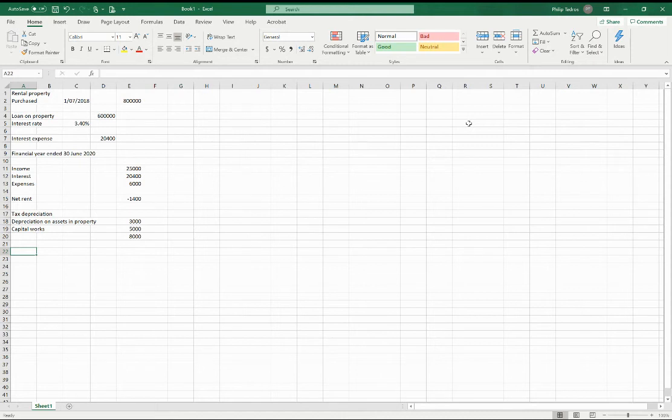Now, if you add that onto your already net rental loss, which is $1,400, the total overall loss will come up to equals that minus the $8,000, $9,400. Now that works pretty good if your individual income tax bracket is in around the 32.5% or the 37% or the 42% or whatever your tax bracket is. This net rental loss reduces your assessable income. And in that way, it can provide a potential tax saving for you of your marginal tax rate on that $9,400 rental loss. So you can see from this very basic example how a negative gearing can provide a tax